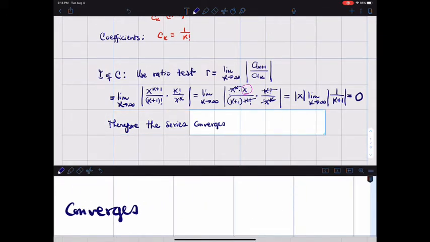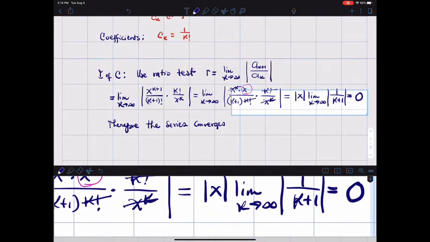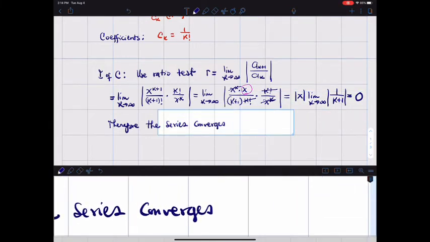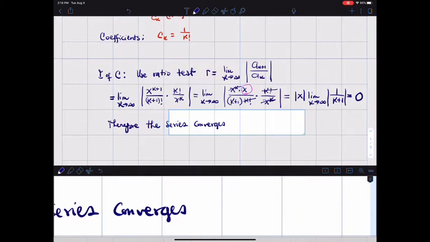And most importantly, it doesn't depend on the value of x. x could be 1,000, x could be 100, x could be 1,000,000, x could be 0.5. But this limit is always going to go to 0. So it doesn't depend on the value of x. So we can say that the series converges for all